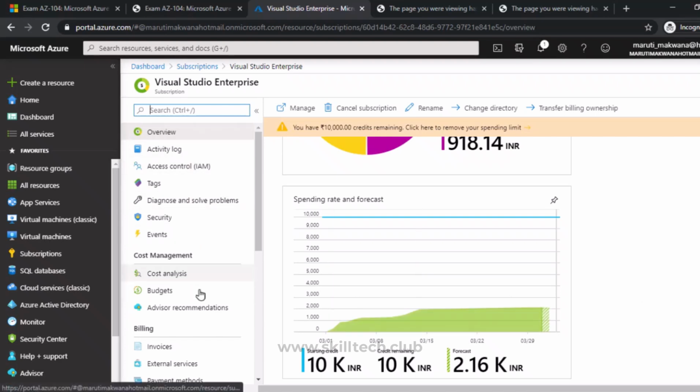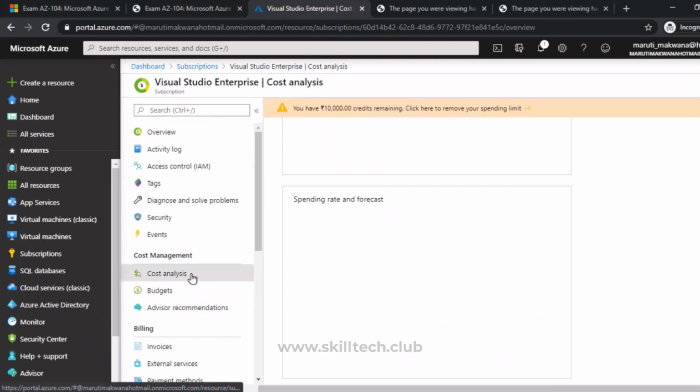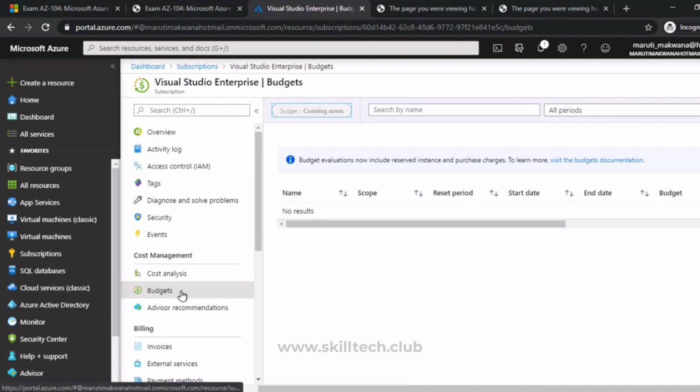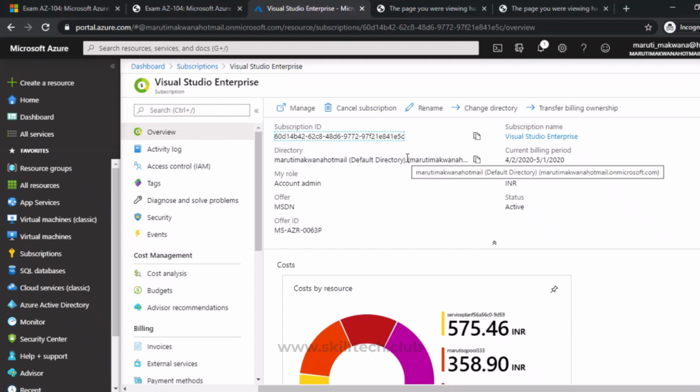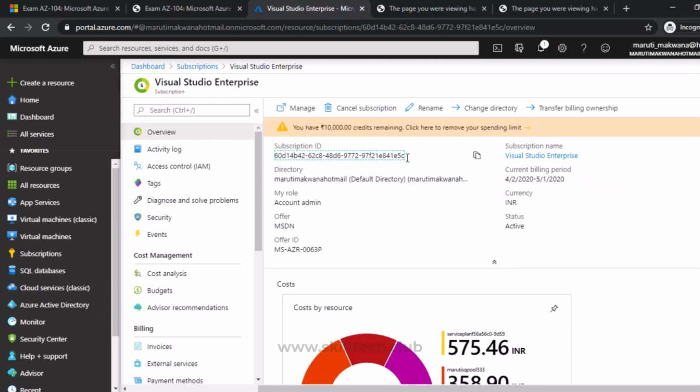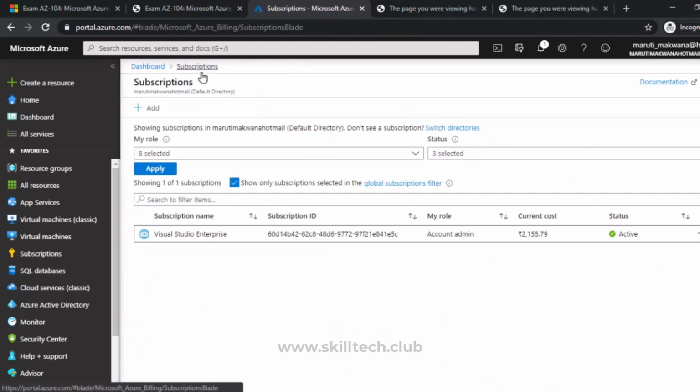There are a couple of things which we can handle in this, like cost analysis and budget maintenance and all this, which will help you when you want to understand this and you want to control the cost of your particular account, and you want to control the cost of your resource utilization. Now, these subscriptions are helping me to understand this particular